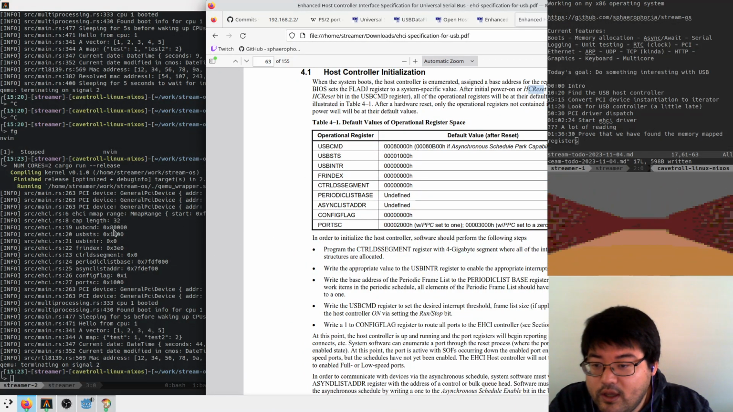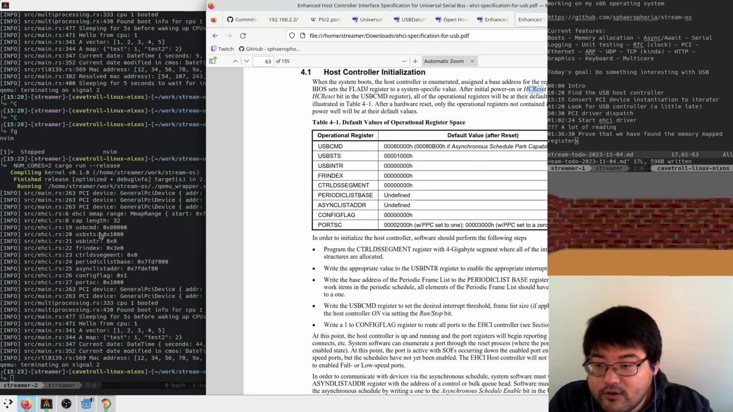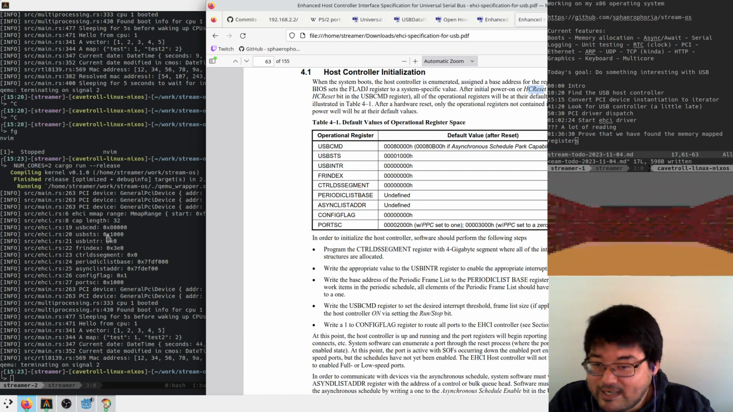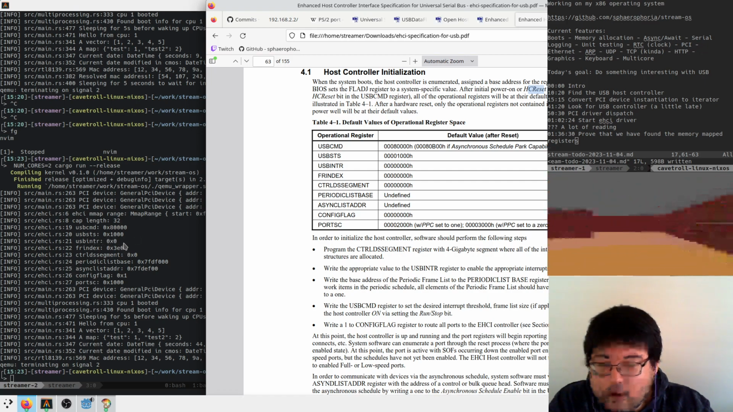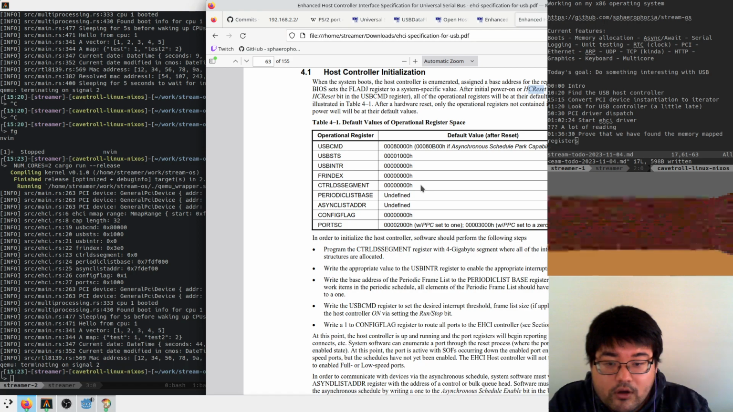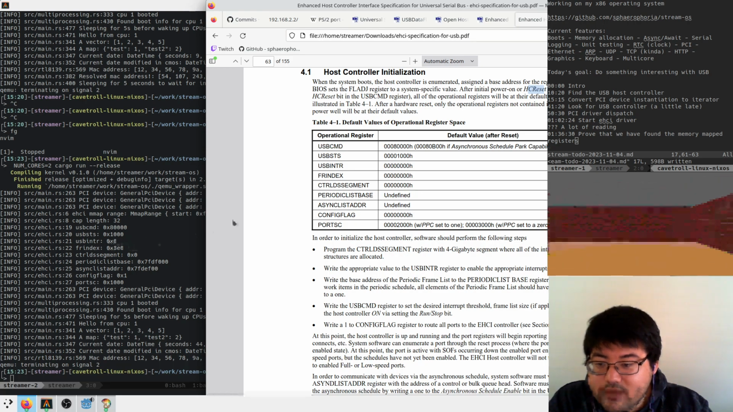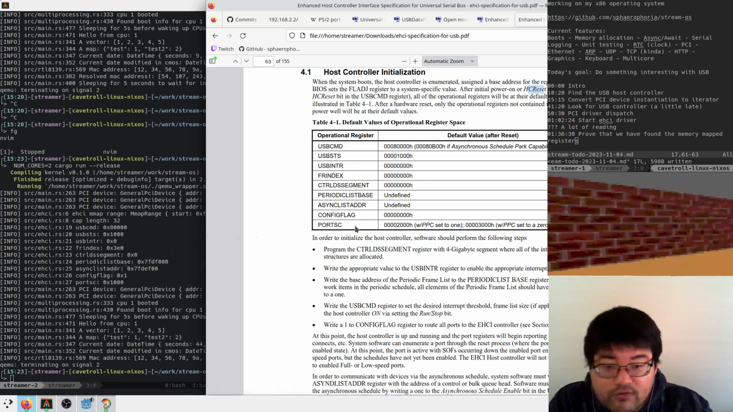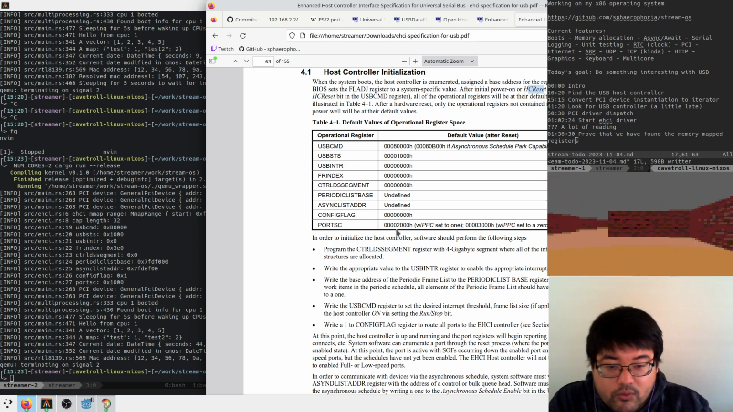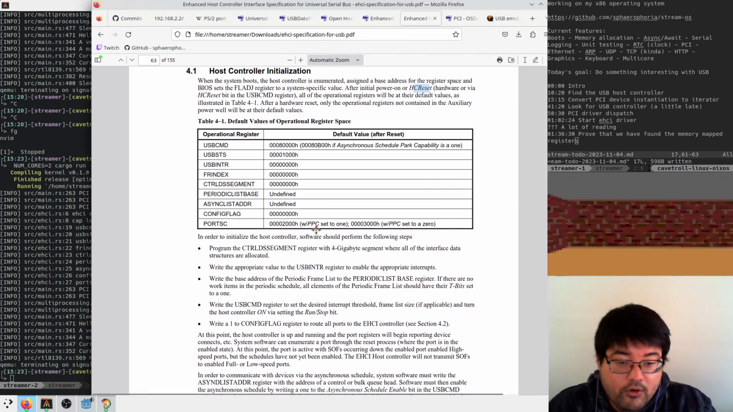USB command 80000. Yeah. USB status, whatever that is, status 1000. USB interrupt 0. FR index. This is wrong. That's concerning. Control segment 0. Config flag 1. Port 1000. So